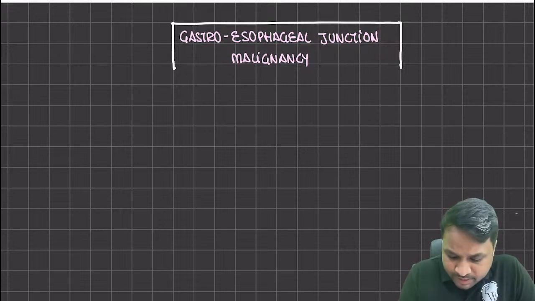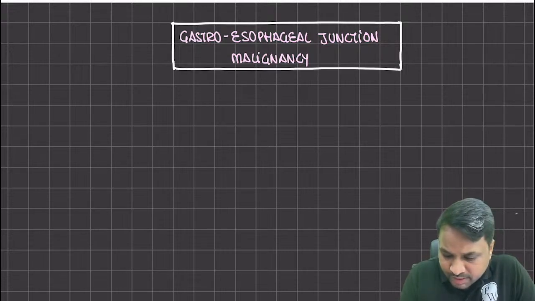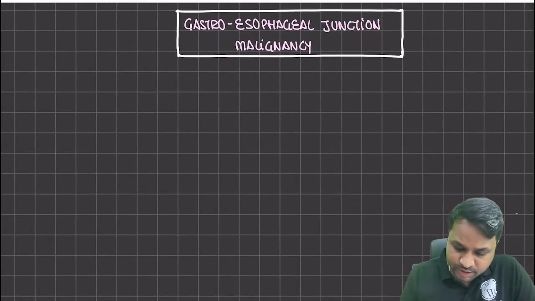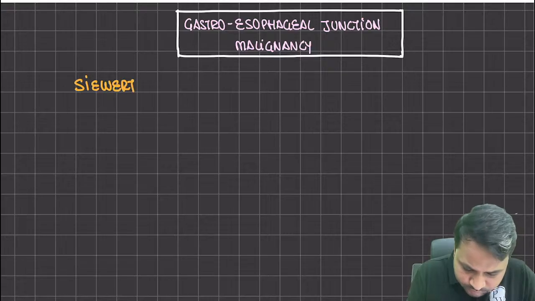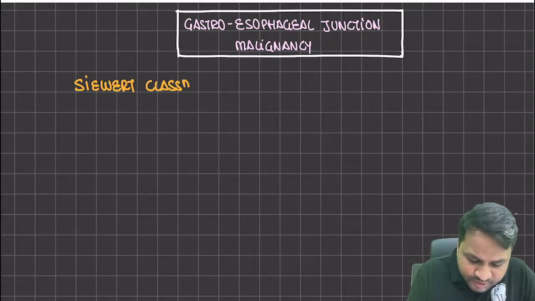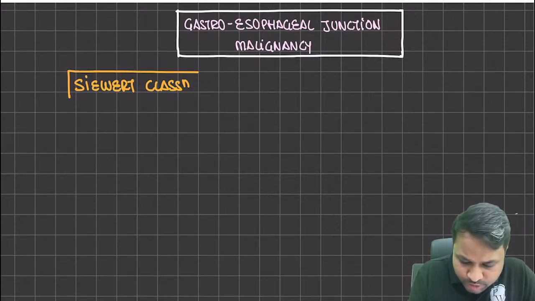So I'll be discussing with you something very interesting, the Sievert classification. The Sievert classification is basically to classify the G-junction malignancies and how you would approach them in general,